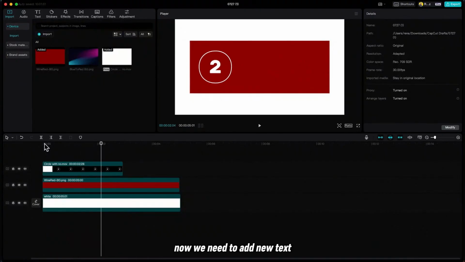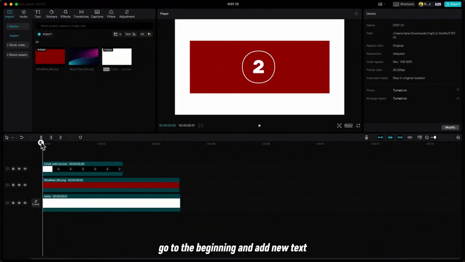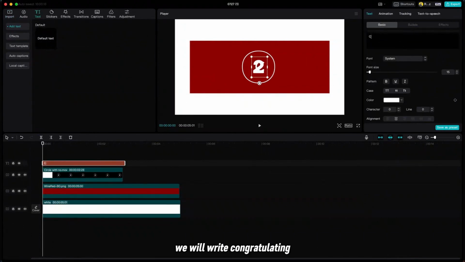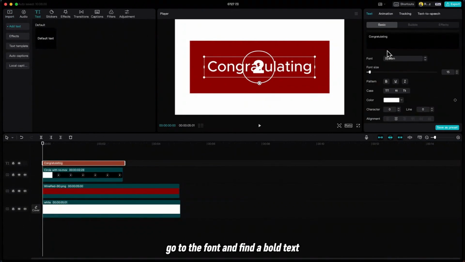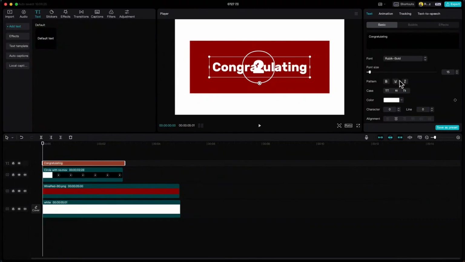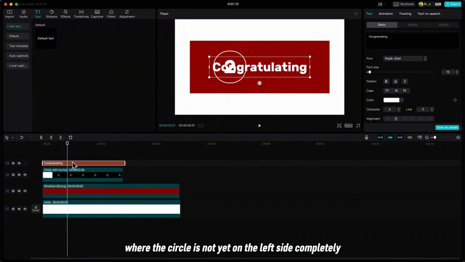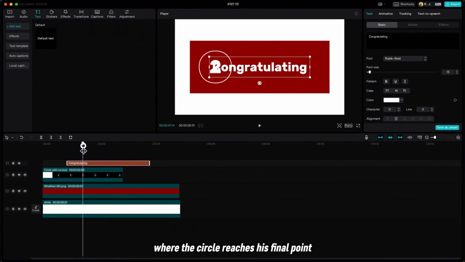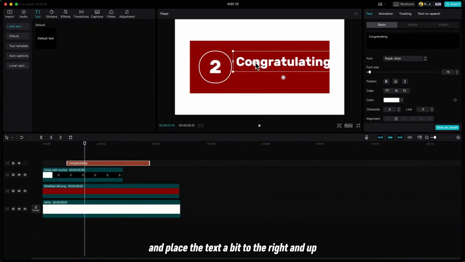Now we need to add new text. Go to the beginning and add new text. We will write congratulating. Go to the font and find a bold text. We should place the text somewhere here where the circle is not yet on the left side completely. Now move to this point where the circle reaches his final point and place the text a bit to the